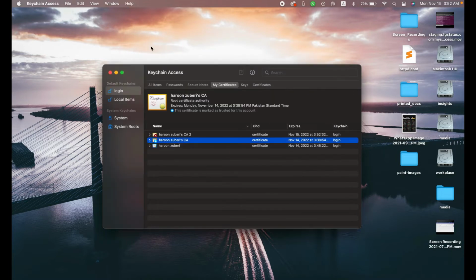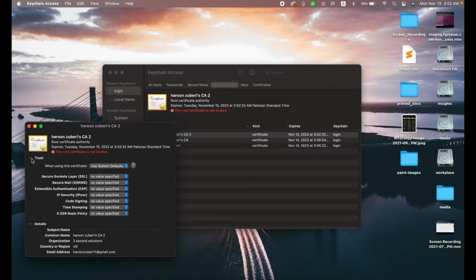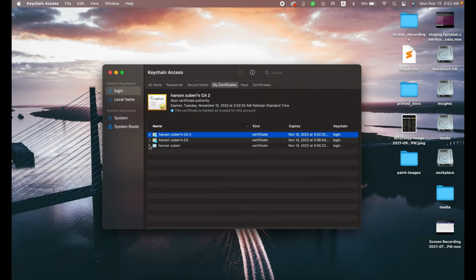Now click close. Whenever you create a new certificate, it will have a cross over here because the certificate is not trusted. Just double click on it, and then you will see our option over here. Click trust, and then you just need to select always trust, and when you close it, enter the password of your system, and then click continue. Okay, now you can see the cross over here is removed, and in this way we can easily create a certificate authority for our code signing.